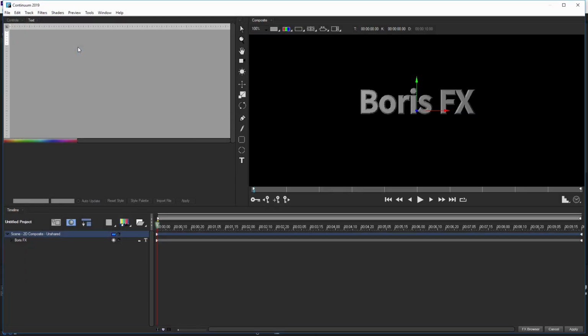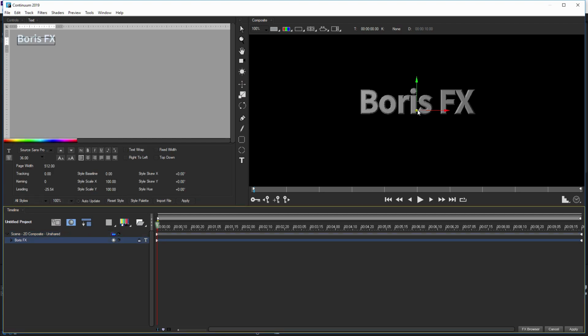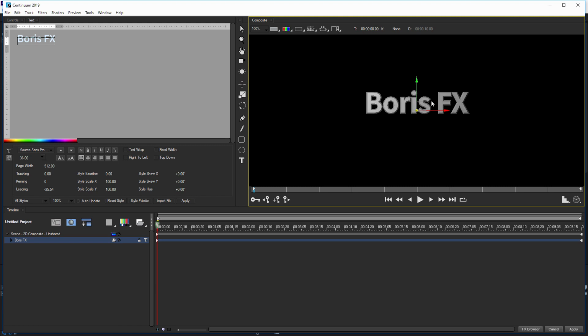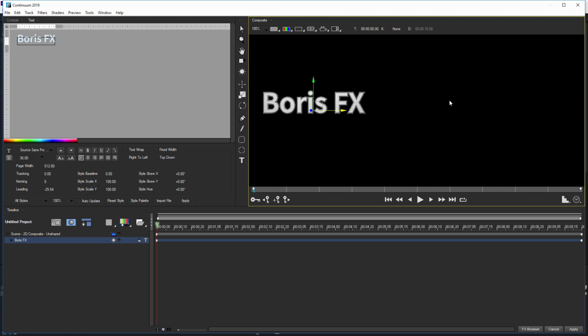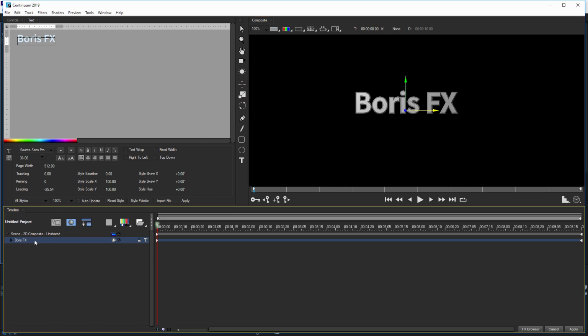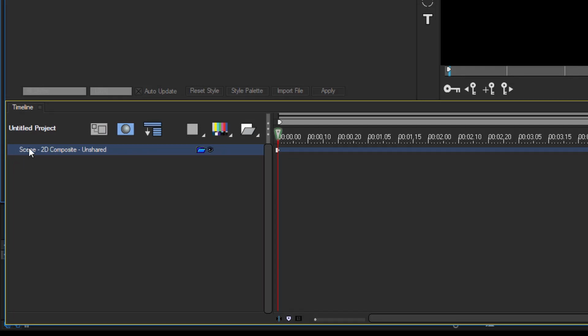And here is the Title Studio interface with Boris FX text coming in as default. We can move that around in the viewer, in the composite window. Move around using the screens here. And we've got a control window in the top left and the timeline at the bottom. So let's just come in and we'll delete the default text that we have in there. So now all we have is our 2D composite scene. We'll come back to what this means later. It's fine.